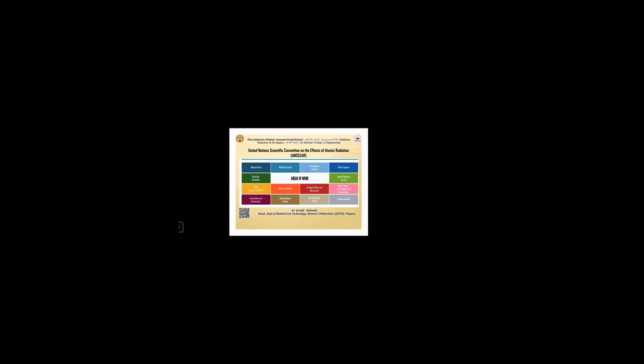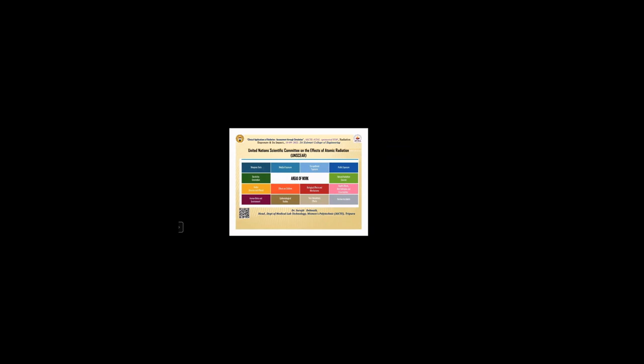The areas of work of this organization are which kinds of weapons are being tested, then what the medical exposures are, then occupational exposures, and then public exposures. They also look into generation of electricity through radioactive materials, and then natural radiation sources,